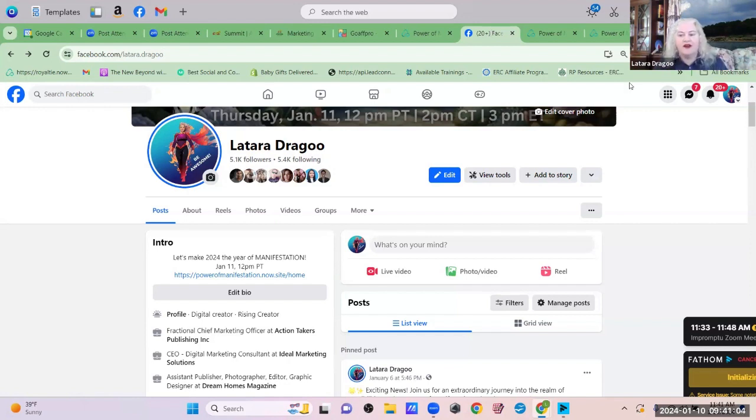Make it a clickable link on your profile, because I want you to assume that somebody looking at your profile is interested in the thing that you're promoting, whether it's an event, whether it's a product, a service, whatever you want to have here. Make sure that that is super, super simple for them to take the next step forward